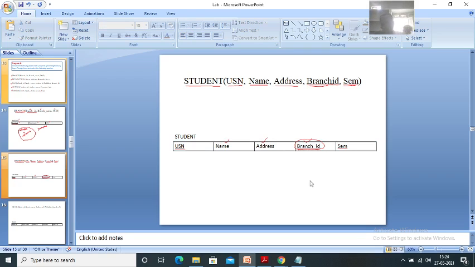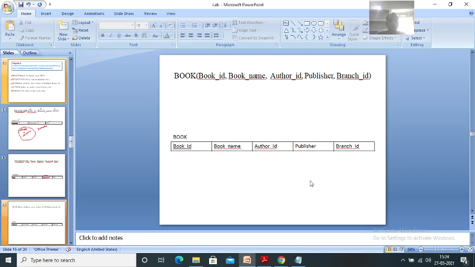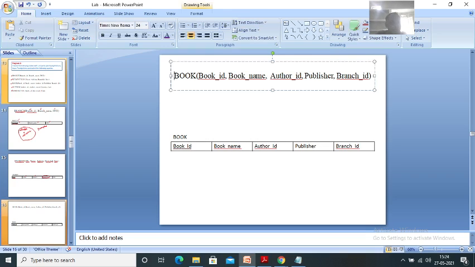Yes, sir. Okay, fine. Now we'll move to book. See here now. In this book, what is the table name? Book is a table name, and book ID is a primary key of that book table.